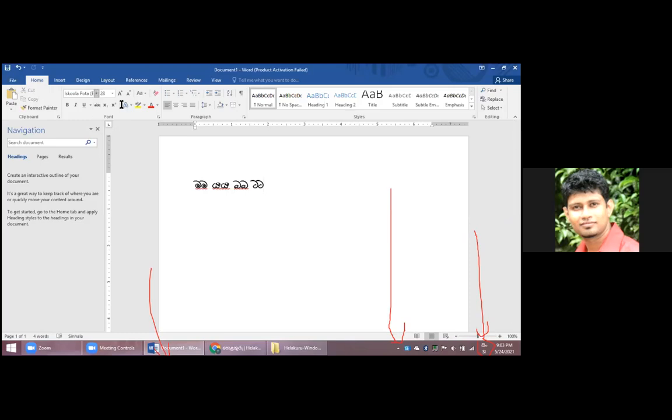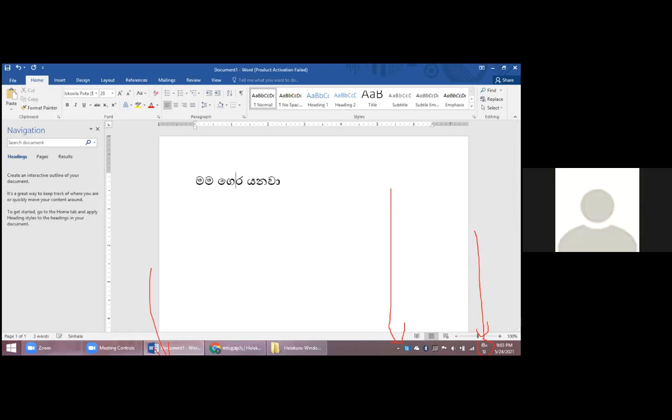Phonetic means typing the way we speak. To write "mama", type MA and it will type mama. But you need more letters now. Gedara is typed GETHARA. Right? This is called phonetic. Phonetic means the way the sound is heard. DHA. The. Typing the way the sound is heard is what we call phonetic.